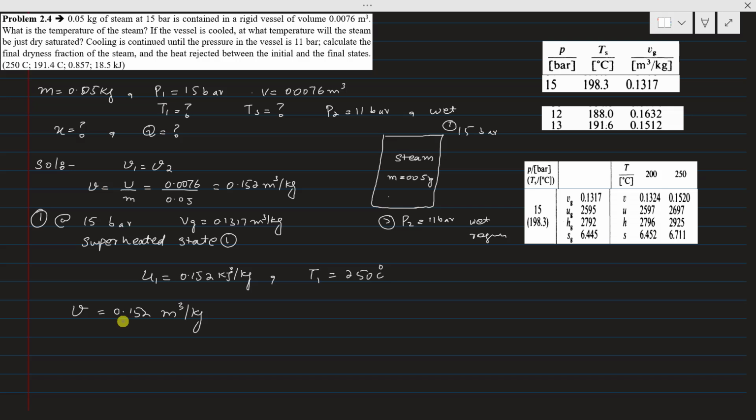Now look at this 0.152 in the saturated steam table. You didn't see its value on the saturated steam table. For that purpose, we will do interpolation. Find the saturated TS temperatures for this specific volume. The TS value will be equal to